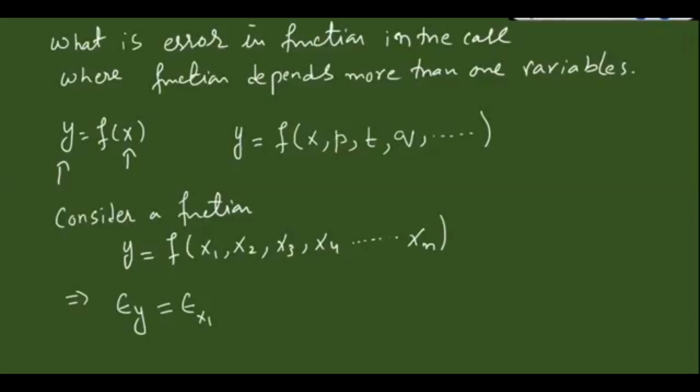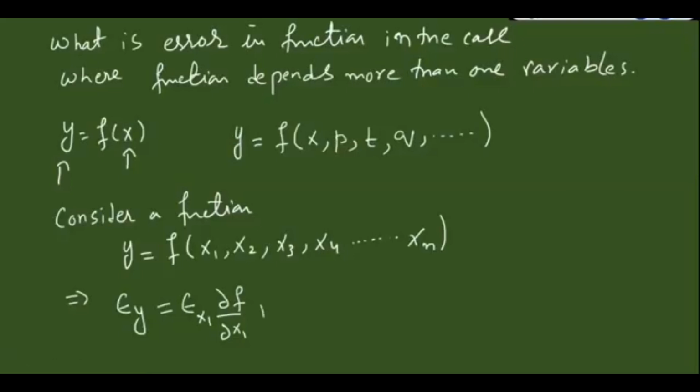That is the amount of error I have made in x1 only, multiplied by, this is the interesting thing, and I hope that you all remember this part, the change in x1 of the f function. But keep in mind, this is not an ordinary derivative, this is the partial derivative. I have to compute the partial derivative of this function with respect to the variable x1,